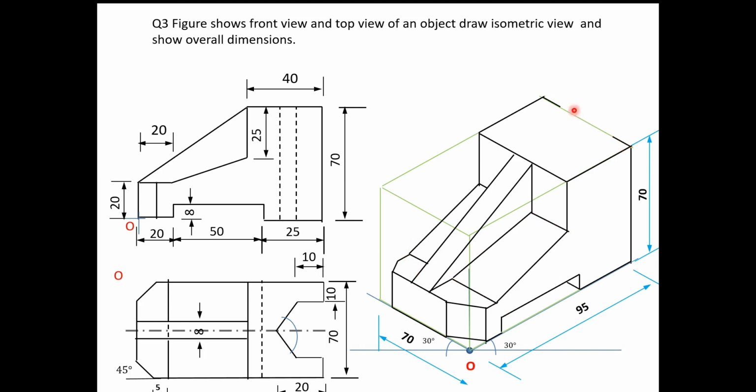Now what is remaining, this top portion is remaining, so I will mark this, this is 10 here, 10 because they have given 10. Next, I will draw the line at a distance of 10, this is the blue line, so from this draw this parallel to the isometric line, draw this isometric line, so this is up to this. Again from this center, the distance is 20, so mark here 20, join this. So this edge is also visible, so join this edge. So now this problem is solved.